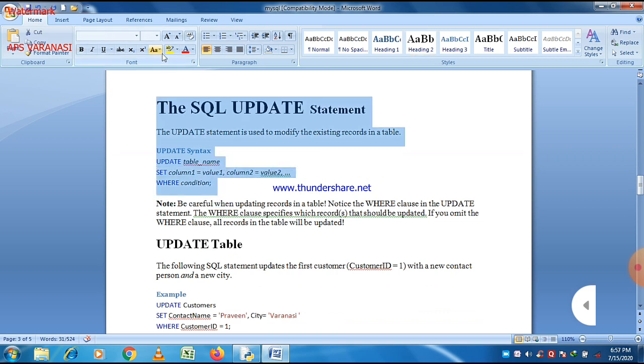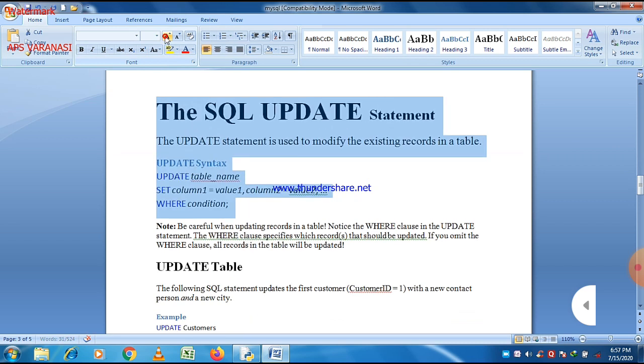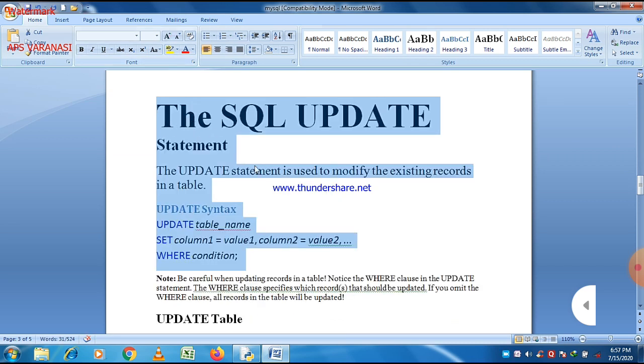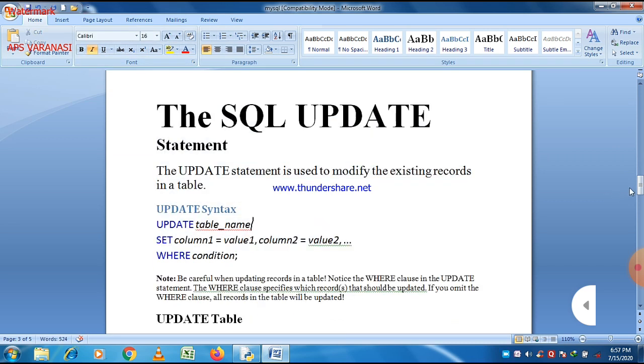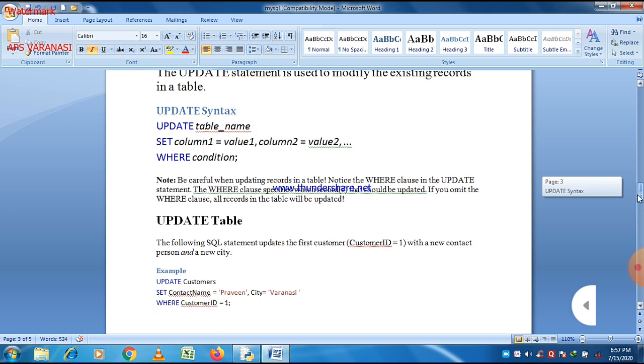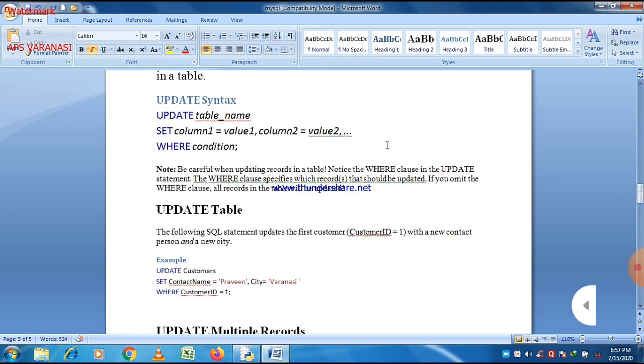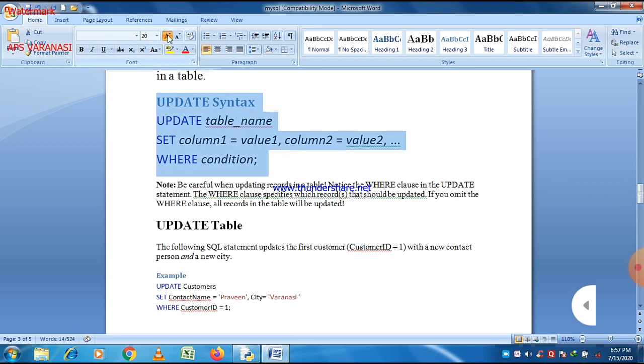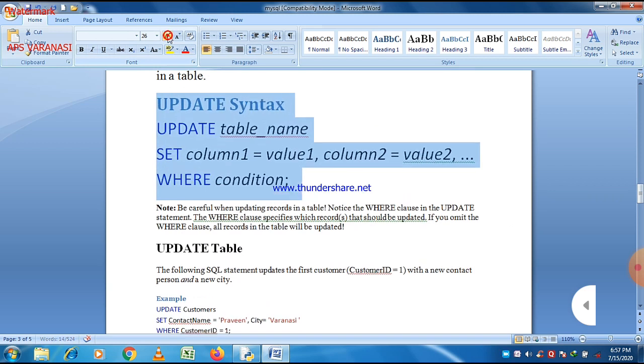Here is a small example showing the syntax of the update command. Just write update, then the table name, then the keyword set, and then column1 equals value1, column2 equals value2. All these values are changed within that column.